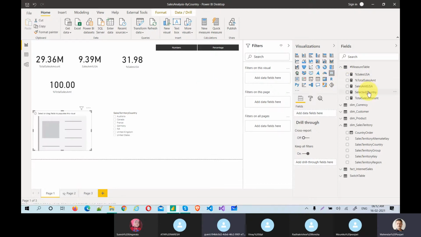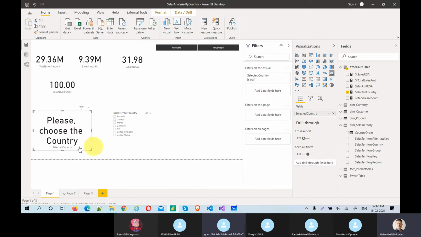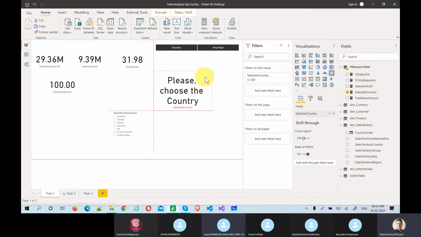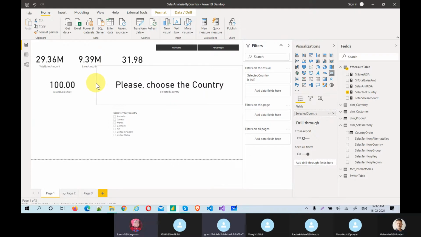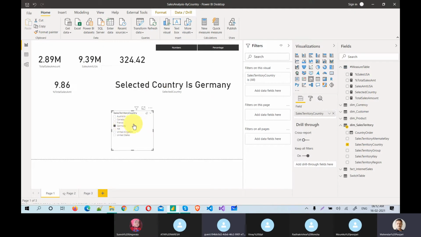Please choose the country, because we have not chosen any country. We can turn off this header. Let's say you selected one country, Germany. See, selected country is Germany.